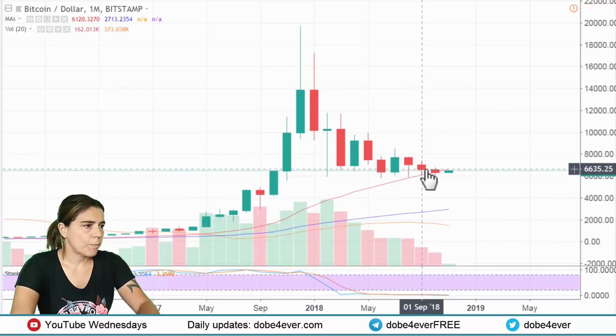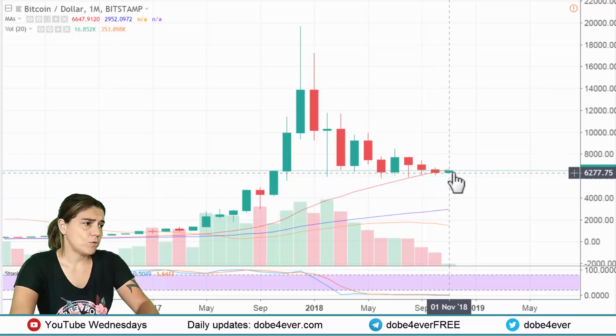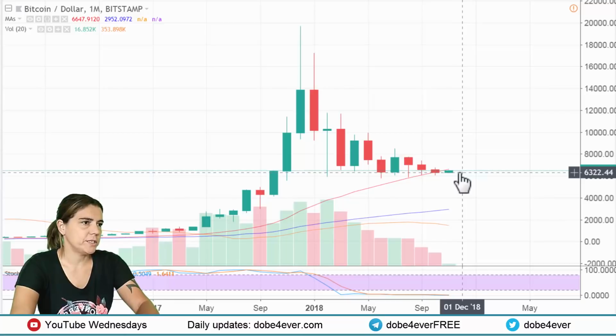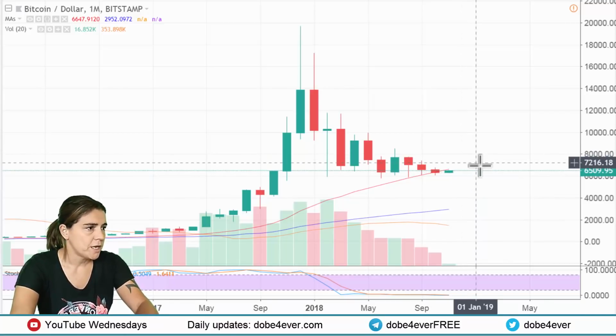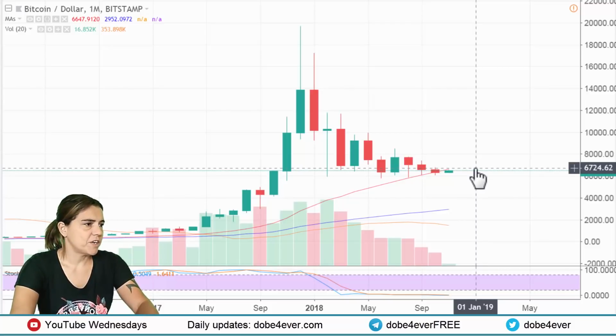The next one also bounced here, and the previous month it was just bouncing up and down, trying to hold, and now it's finally bouncing, but now it's below the 20-month moving average, which is generally bearish because the 20-month moving average is right now at 6,650. So as soon as the price gets there, if it gets there, it's going to have very, very strong